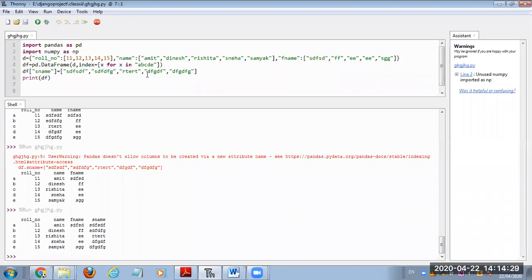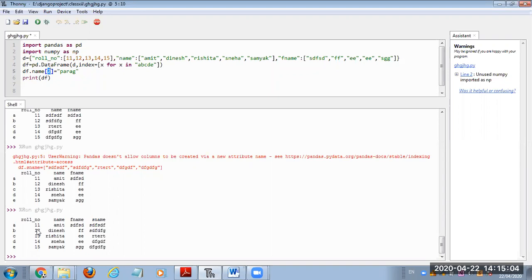Similarly, to access a particular location, we did it like this: df dot name and then square bracket, suppose 2 equal to, suppose, Parag. This basically refers to the data frame df, dot name, the column name, and inside that column the index 2.